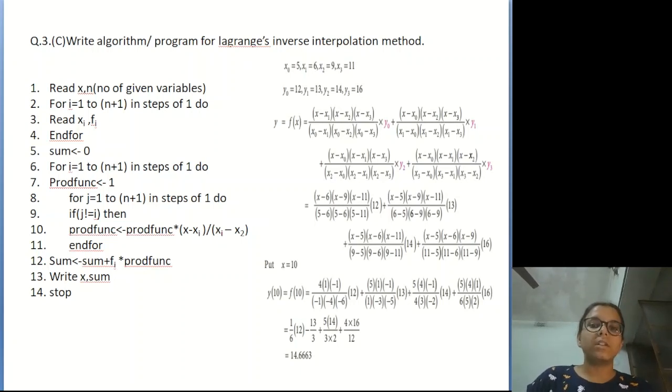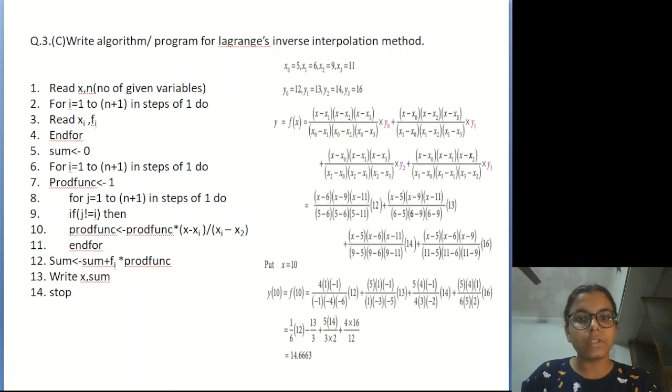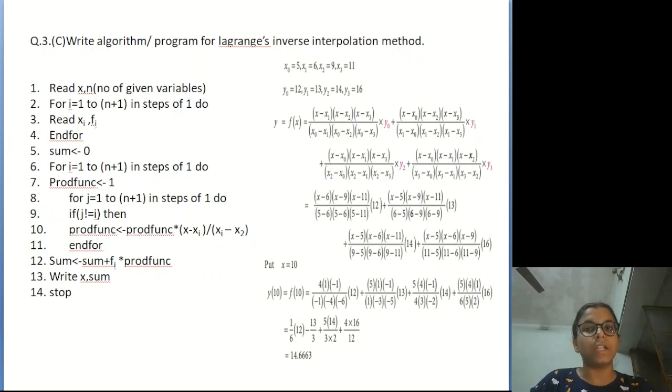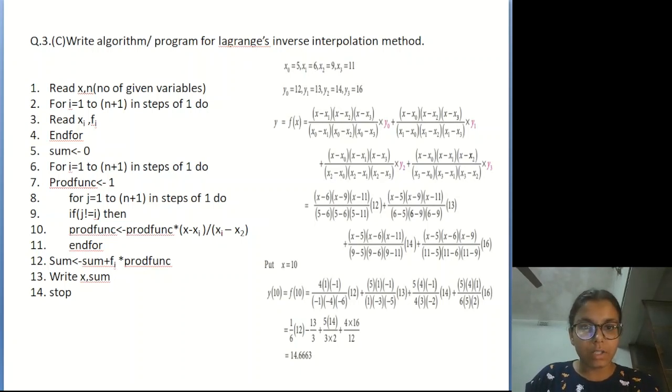Then we would run an outer loop from 1 to n plus 1, and then we have another variable, which would be assigned as 1, and this variable would help us in finding our function of fx, I mean the y that we need, the point where we need the value of fx. And after this we would create an inner loop of 1 to n plus 1,